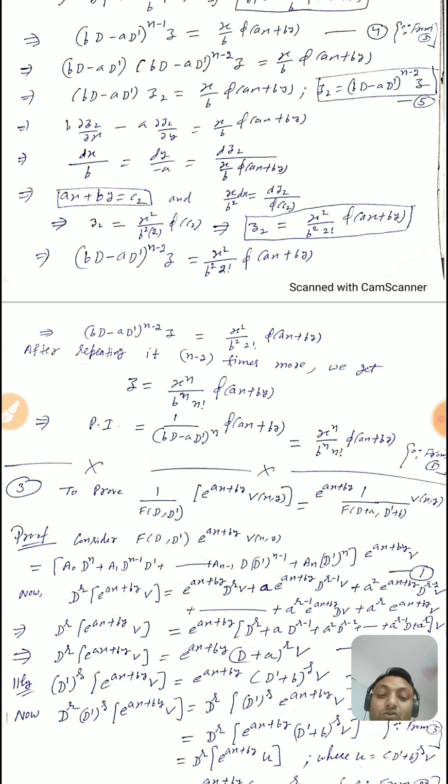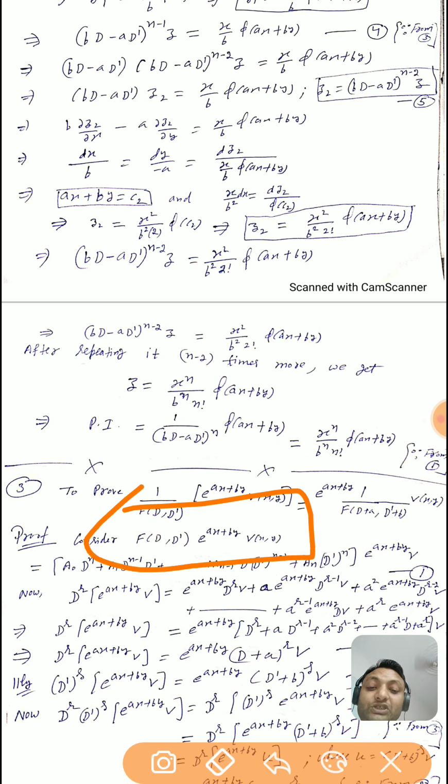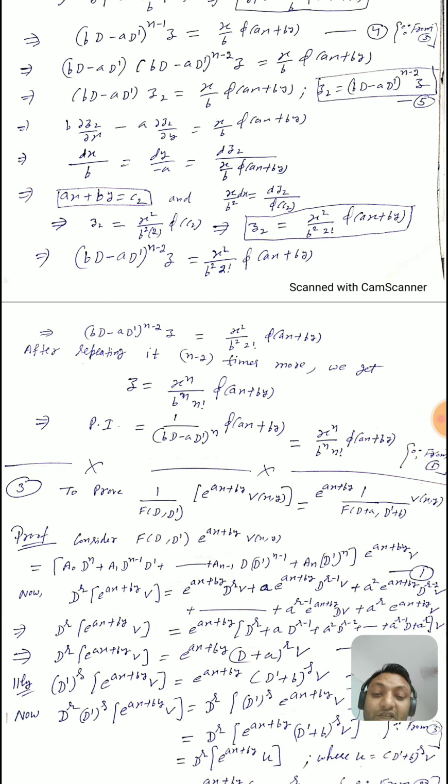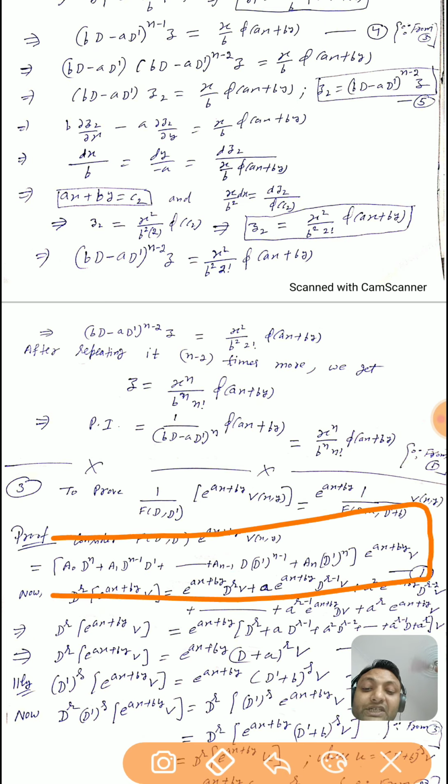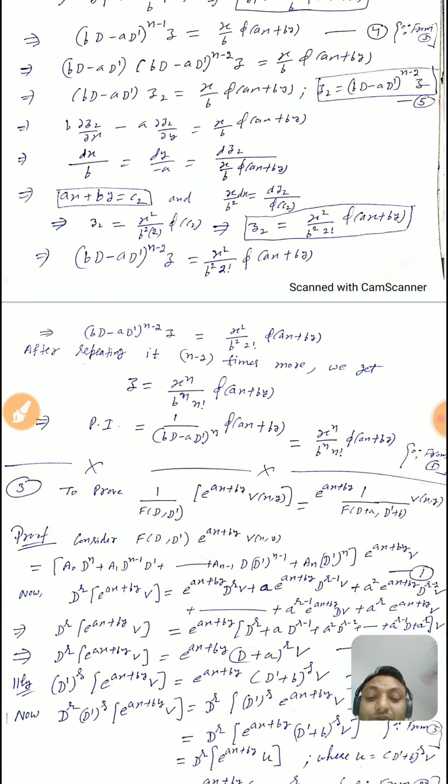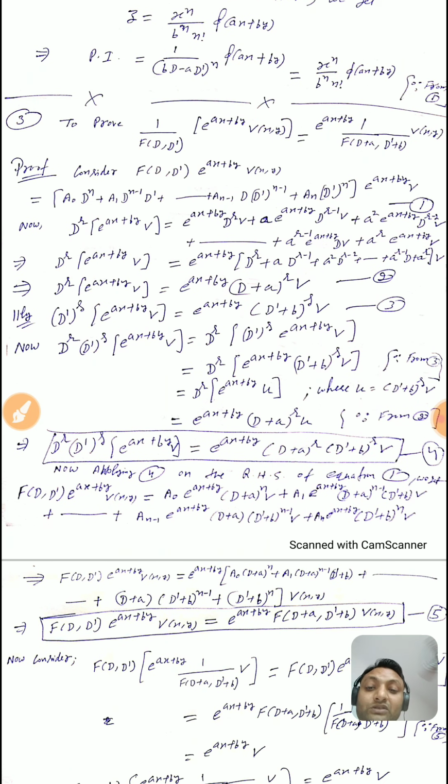So now if I operate this f of dd dash on e power ax into vxy, it means we are operating this f dd dash on e power ax plus by into b. We substitute the value of f dd dash. Now we have some results from the Leibniz theorem. We have,